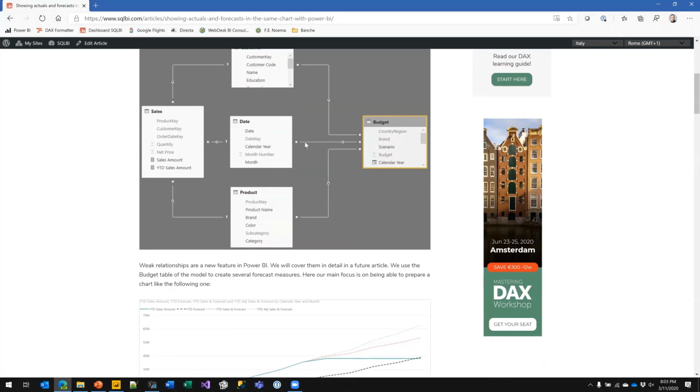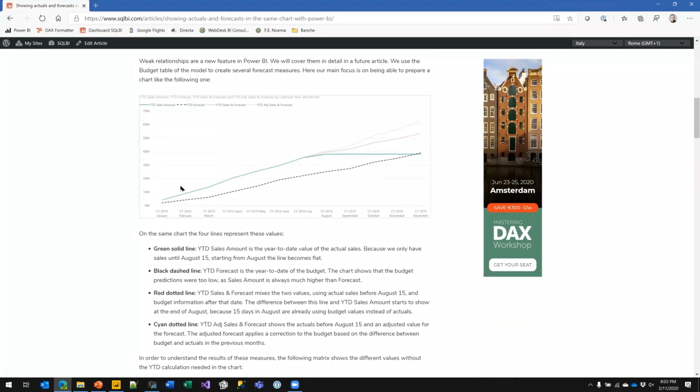Here I used weak relationships everywhere. So here the calculation is completely dynamic. There is no materialization of the code. And it also shows a nice technique. This is, for example, a year-to-date of the budget mixed with the actual. So it's showing in the same chart the actuals as long as there are sales, and then as soon as sales finish, it starts correcting them with the forecast, which is pretty cool, because you see this is the year-to-date of sales after the last date with sales, and then it starts, that would be the standard year-to-date, which stops,